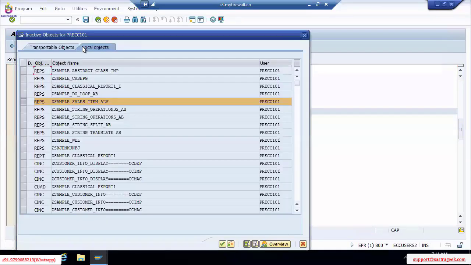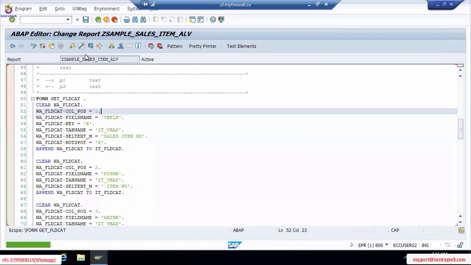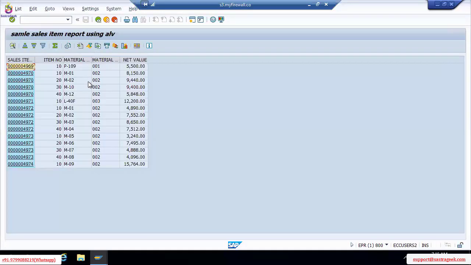Now see here, save, check it, activate it, then click on enter and execute it. Now when I place the cursor, I think all of you are seeing the hotspot. Here the cursor is shown as an upper right hand symbol. If you move the cursor to the next field, it appears as a normal cursor. When you move it on the sales order number, it appears as an upper right hand symbol. Are you clear up to this, or do you have any doubt? This is the hotspot. In this way, we can apply the hotspot.